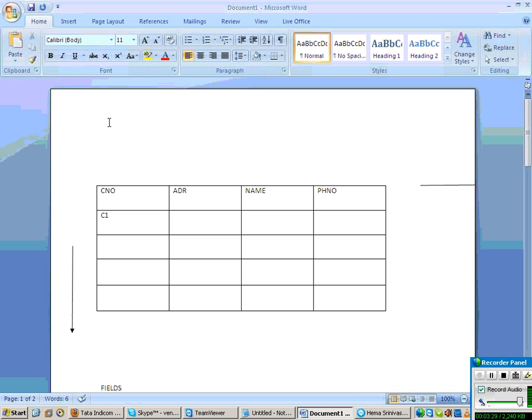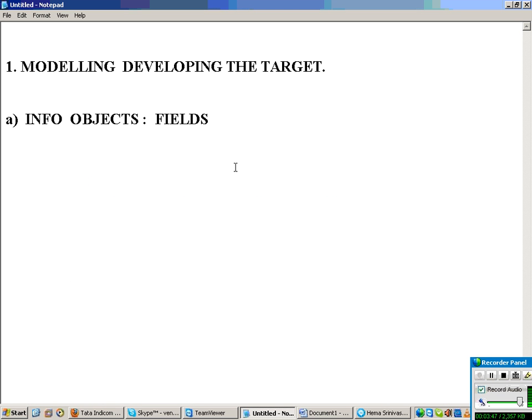Normally in ABAP, why do you define a field? By defining the domain and data type, all those things are defined, right? Data element and domain. Here there is no need to define any data elements or domains. It is automatically taken, you just have to specify the data type and its length. Okay? So what an info object is, is clear? The first basic modeling starts with defining info objects.